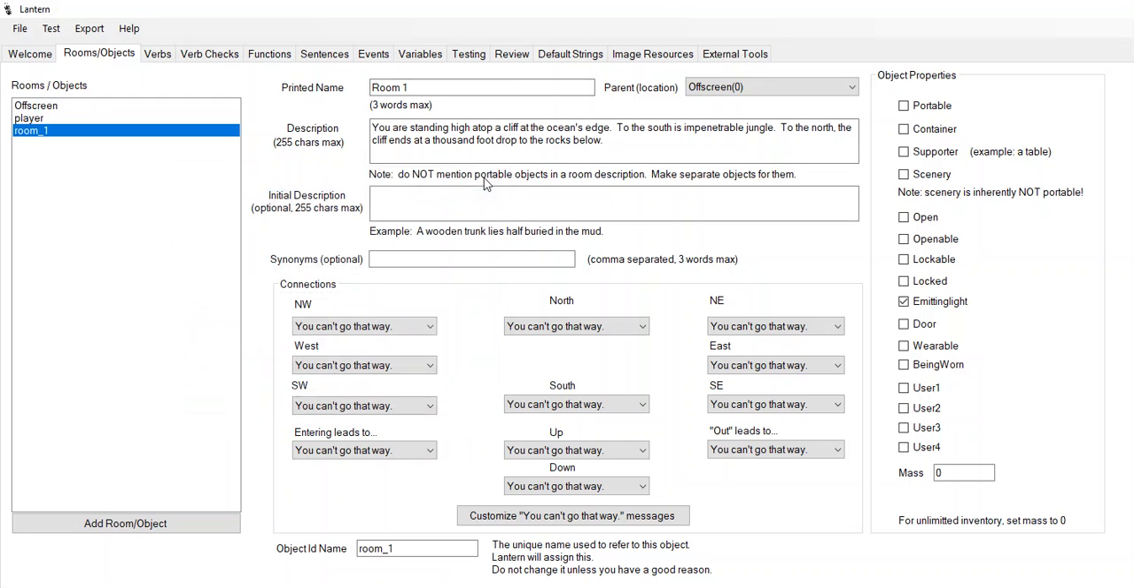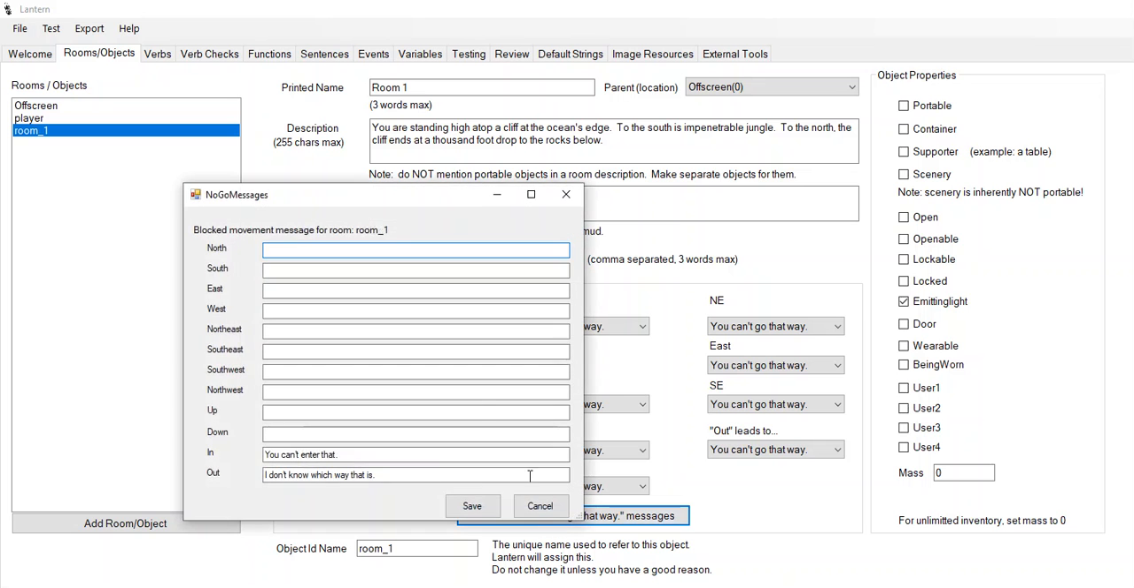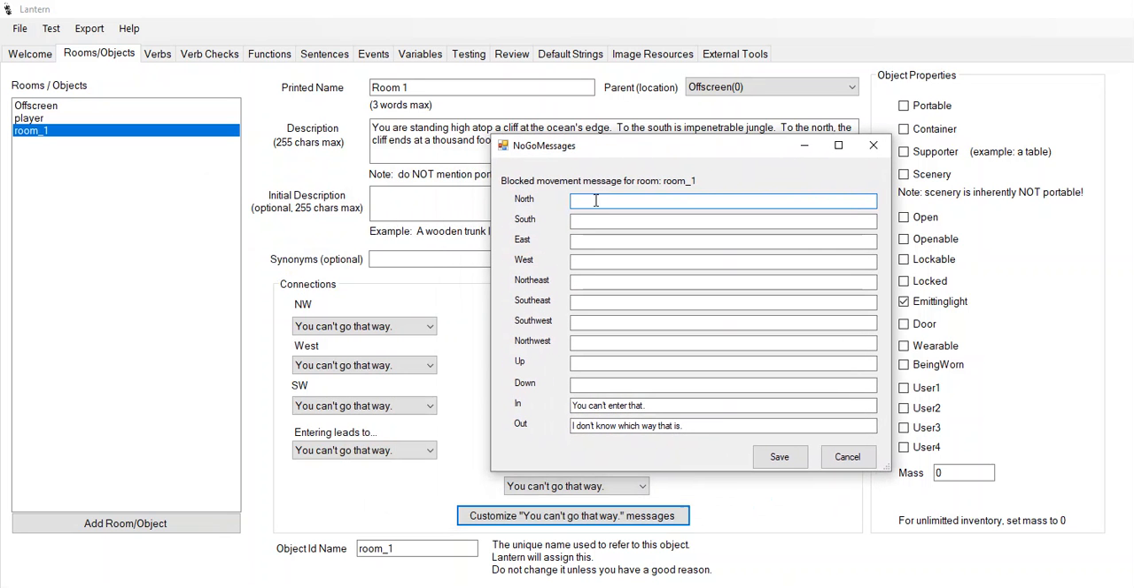It really makes the game kind of feel robotic, like it's just relying on the built-in machinery of the game engine, rather than making it feel like you're in a story that's being crafted by an author. But we can fix that. So let's look at this button right here, customize "you can't go that way" messages. Let's open this up, and this is on a room by room basis. And if I click north here,